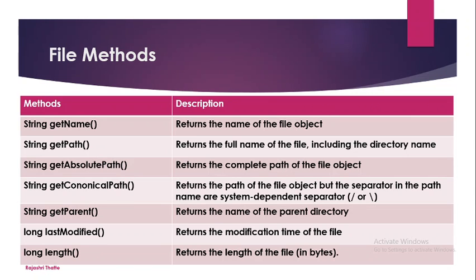We will move method by method. So first, these are the method names. This is the description of the method. Here the prototype of the method is given. String, where String is written with a capital S because in Java, String is also a class. So String getName.